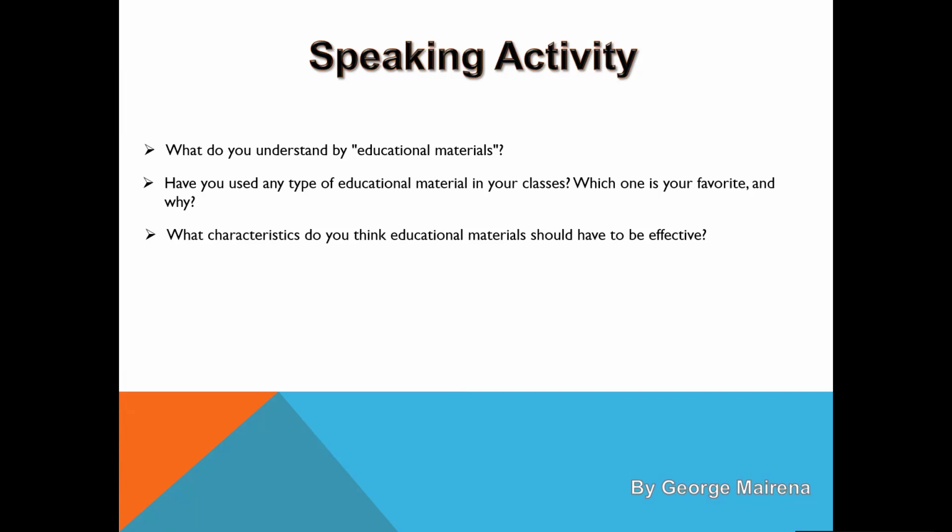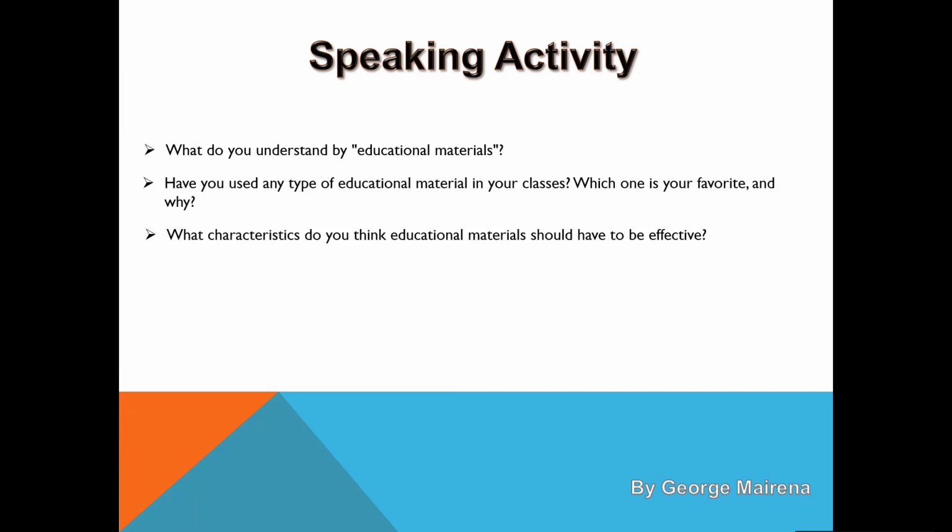You understand? Okay. So another one will be, for example, the size of the material that you are going to use with your group. For example, if I have 60 students in my classroom, I'm not going to use a small material for them, or a small flashcard, for example. If I want to teach them, I have to have in mind that all of them have to watch the same thing.